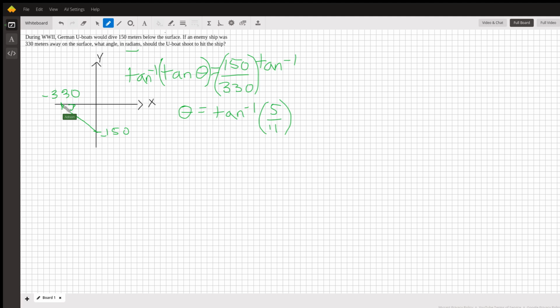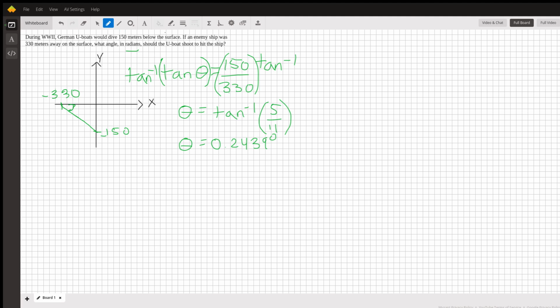Now we get theta equals 0.2439. Now we cannot stop there. The reason is because this answer is in degrees. And we don't want degrees. We want radians. So to convert to radians,